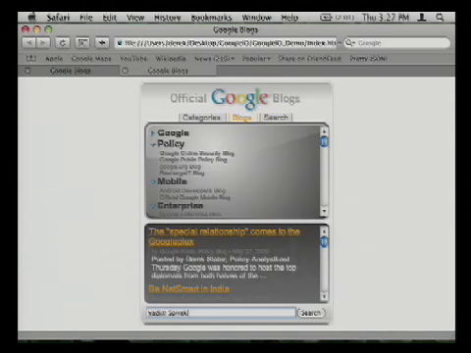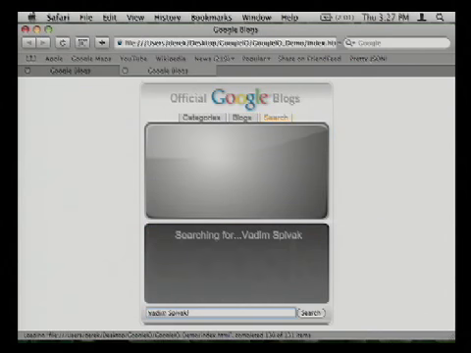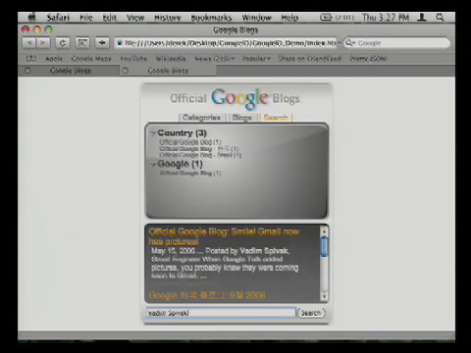And then Vadim, the other member of the team along with Mark, we have a search control. This search control is actually using plain web search, but is using a custom search engine ID, which limits it only to the Google blogs. I get the results back, and then I paint them similar to what you looked at in the hierarchical view, even though the results aren't coming from a feed now, they're coming from search results.